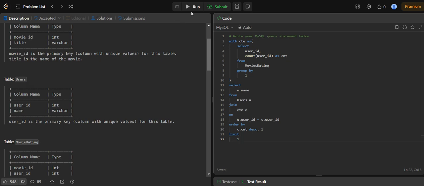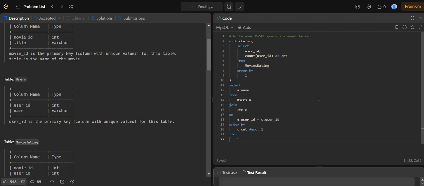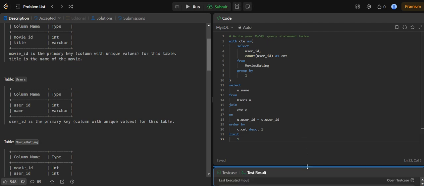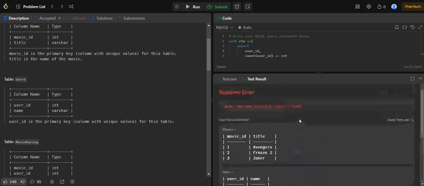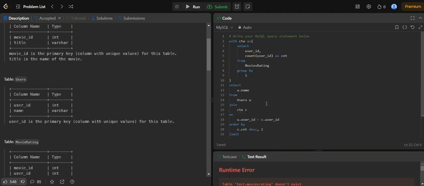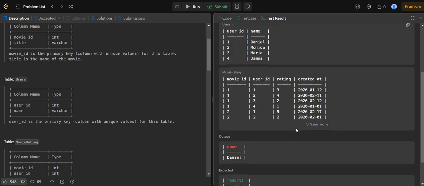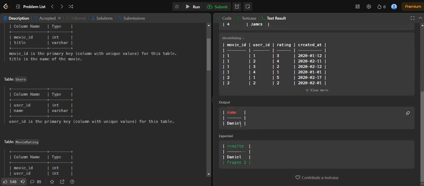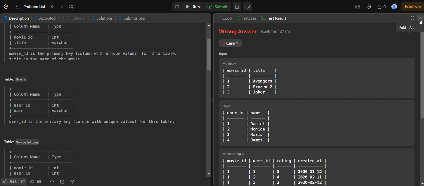So if I run this query now, runtime error, the movie rating does not exist. Movie rating. Okay, this is movie rating, not movies rating. This is wrong answer, but I got Daniel. So I need the Daniel. Okay, so this part is okay. I hope you have understood. If you have any difficulty,